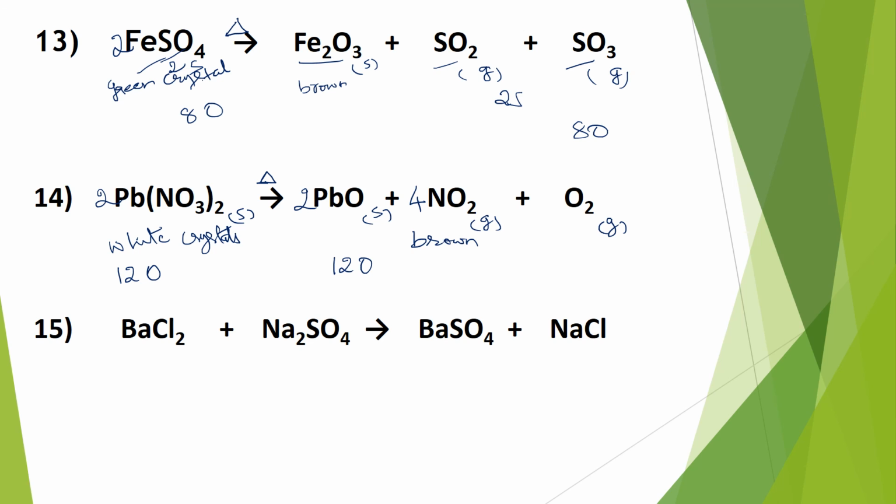In the last question we are dealing with barium chloride, which is an aqueous solution, and sodium sulfate. When both are mixed, a white colored precipitate is formed, that you can represent either with the downward arrow mark or solid symbol. Now next, sodium chloride is aqueous. Now you have to balance it. See, sodium ions are 2 on the reactant side, whereas only 1 on the product side. So make it 2 here. Chloride ion also 2. Now it has become 2 on the product side also. All other atoms are already balanced.